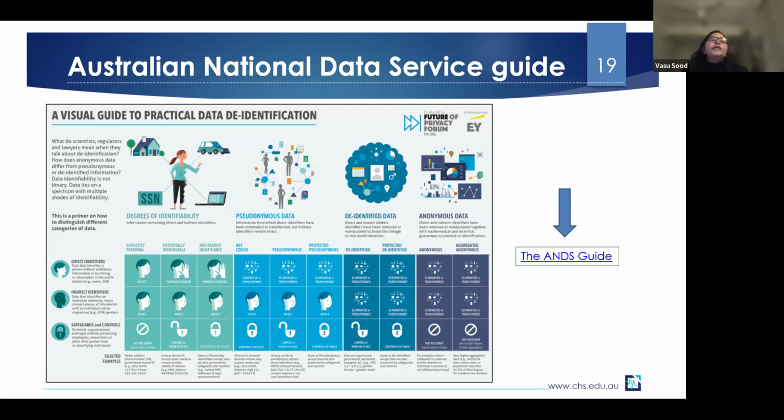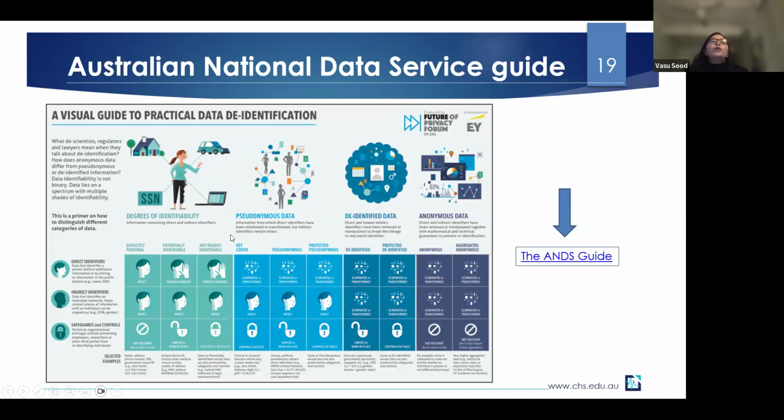Anonymized data is data that has been processed to remove all identifiers, both direct and indirect, making re-identification impossible. So if somebody is collecting data and says that the data will be anonymized, this means we cannot go back to the data and identify the person, because it is anonymized data.